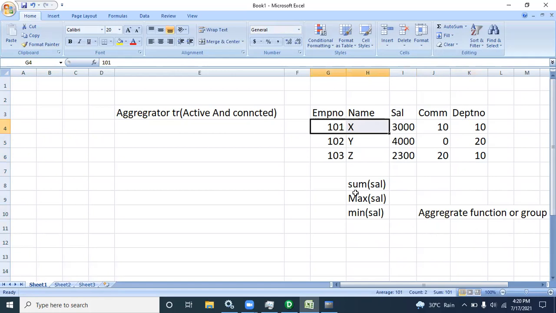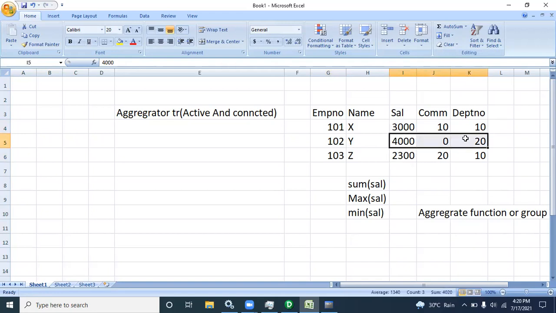I want to see the sum, maximum or minimum salary of department 10. In department 10 we spend 2,300 plus 3,000, that is 5,300, and in department 20 we spend only 4,000.